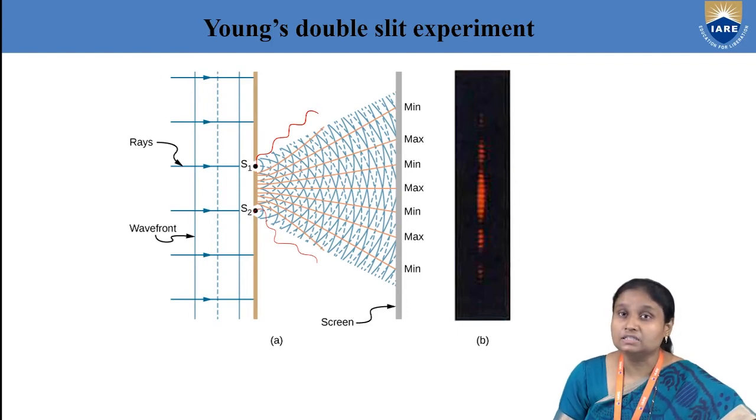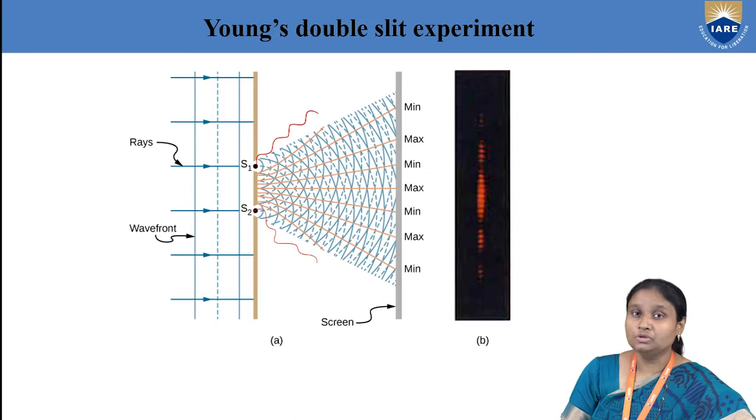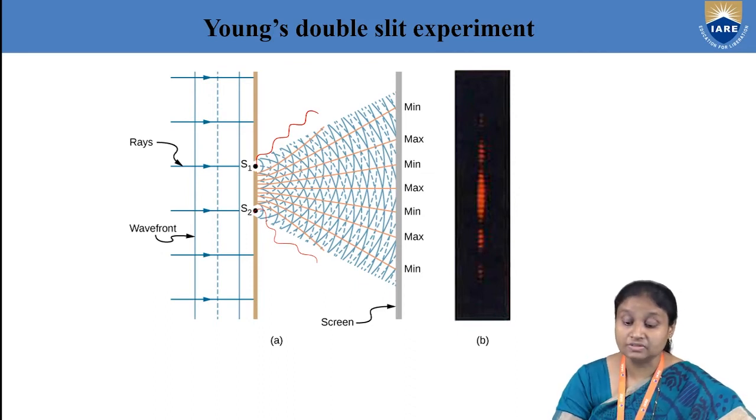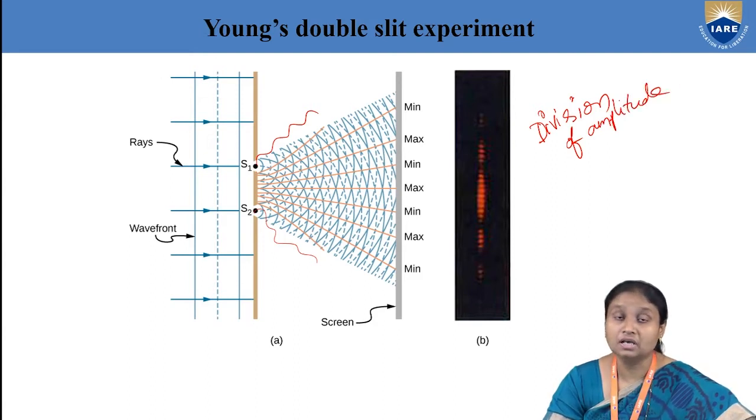So that's why the scientist Thomas Young came out with one solution. What he did is he used a single source of light, and he tried to divide the light coming from that source into two parts. And how is he dividing them into two parts? That phenomenon is called division of amplitude. So he tried to divide light coming from a single source into two parts. And how is he dividing? He is making the light from a single source